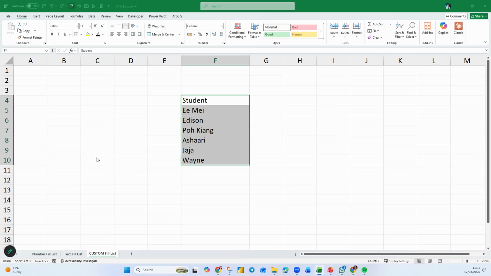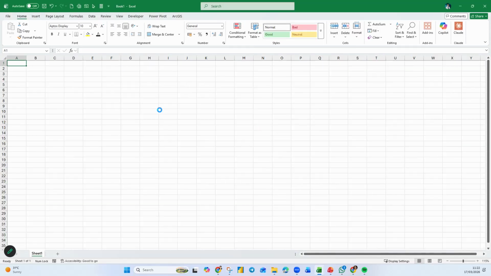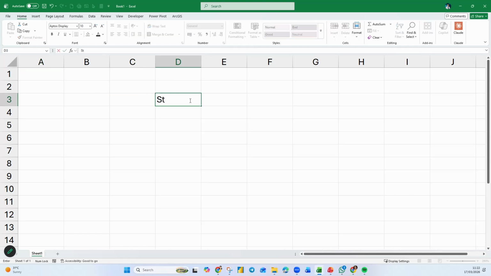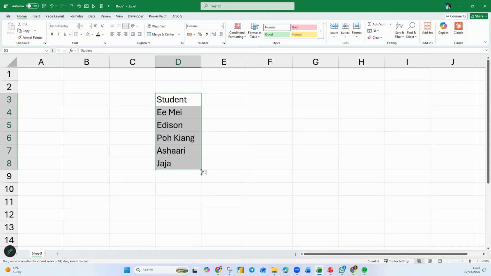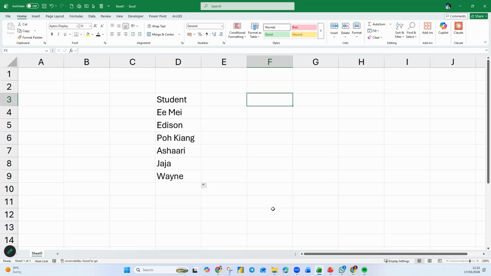See, if I start a new file now, this is a brand new Excel file. Let me just zoom in a little bit. I click here, I type student. What happened when I drag it down? I have all your names here, even though this is a brand new file. Your list is already inside your Excel, and you can use this over and over again. Some of you are trainers who have reports that you need to send for each of the students. Yeah, you can do this. So if you have many courses that you want to teach, you take course, drag it down, all the courses are there. You just customize your Excel to your personal needs. Simplify them.